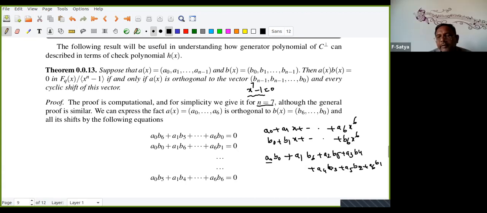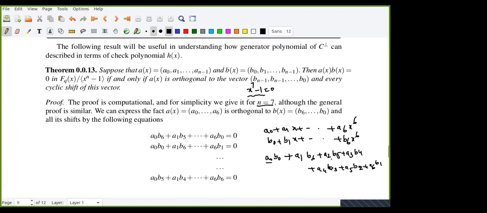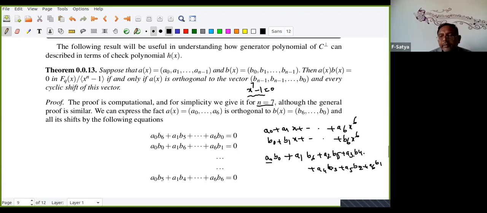You can see 1 plus 6 is 7, 2 plus 5 is 7, 3 plus 4 is 7, 4 plus 3 is 7, 5 plus 2 is 7, 6 plus 1 is 7. Right? So when they become 7, then I'll get